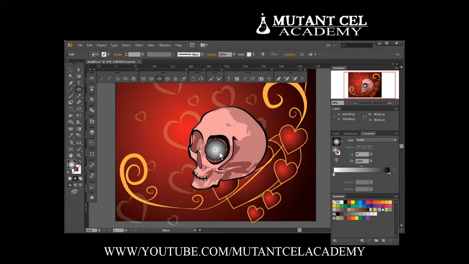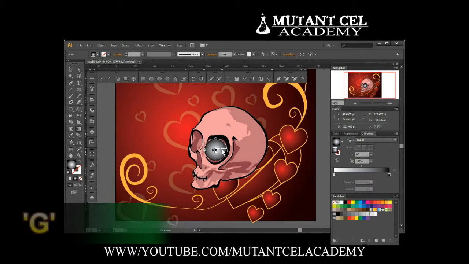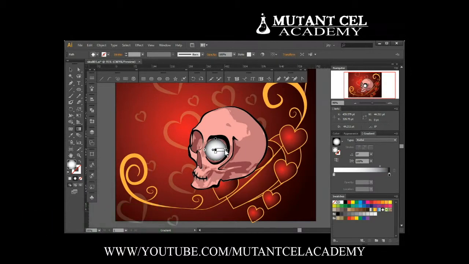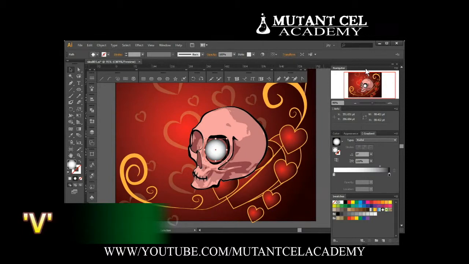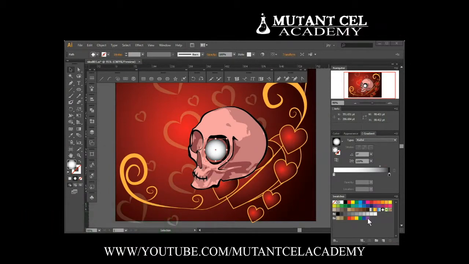You see that it's radiating from the center of the eye, which we do want, but we don't want as much black as white. So we hit the hotkey G, which brings up the gradient tool, and we just drag this line to the left a little, or to the right, I'm sorry, and it just decreases the amount of darkness. Now you could hit the V key to go back to selection mode, and you could use the black to white gradient if you wanted, but I think what I'll do is drag one of the bone colors, maybe this middle bone color, over top of the